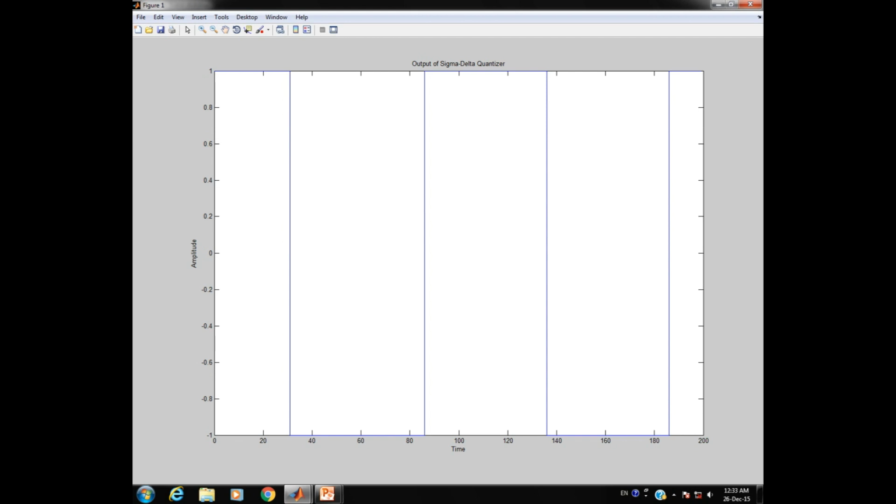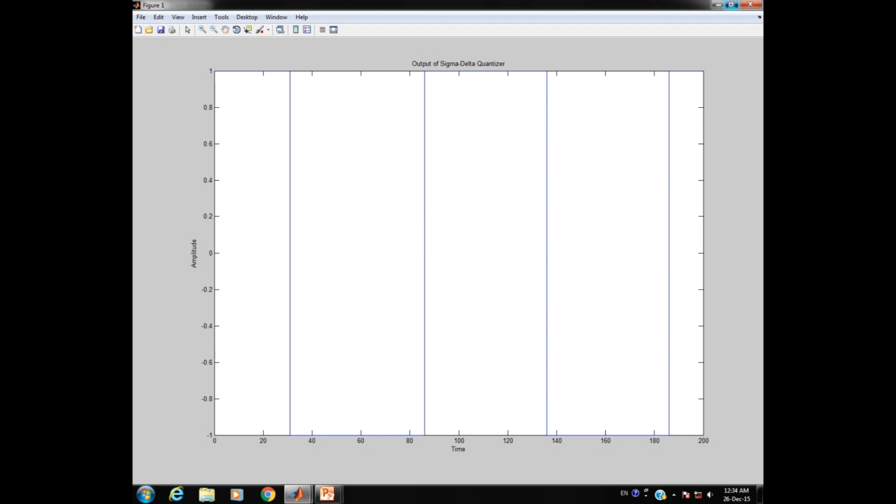Whatever portion of the input signal was on the positive side has been shifted to the positive 1 extremity, and whatever was the negative portion has become -1. You can see the three peaks, in the initial part, in the middle part, and in the end part.